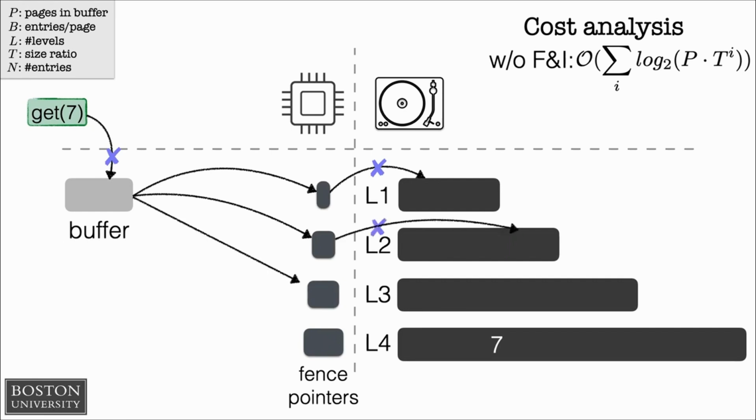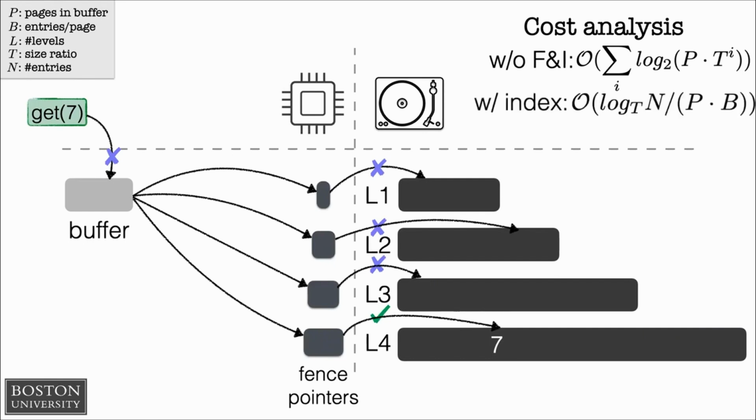So we'll do the same for every one of the levels, essentially doing only one IO per level, and eventually we will find 7 in the last level. Now the cost has reduced dramatically from a logarithmic search for every level to one search for every level, and the number of levels is also given as a logarithm of the total data with base T, which for short we will say L in the remaining of the talk. Right. But just as a reminder, the read performance cost here is essentially log n with base T, where